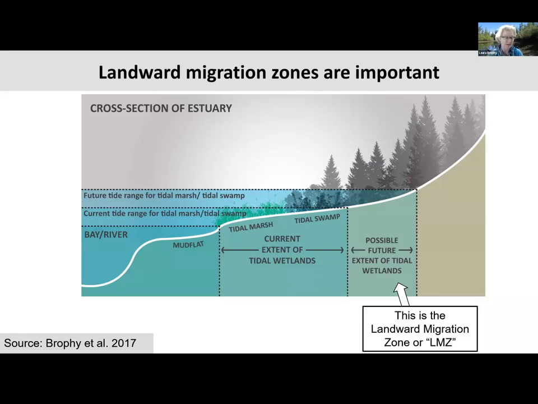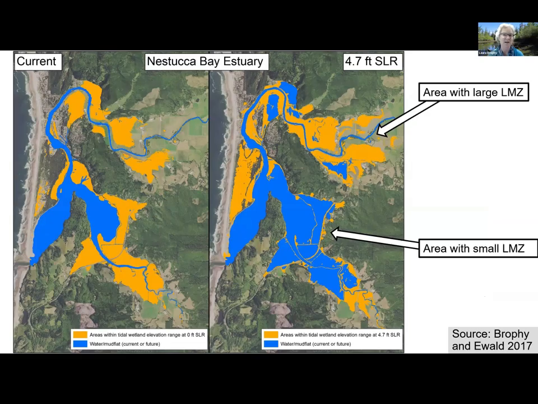And in this image, you can see a cross-section of the estuary, again, with the current extent of tidal wetlands here, and then this future potential extent as sea level rises, and we call that the landward migration zone. And that's very important because as sea level rises, we need space for tidal wetlands to move up a slope. And in this picture, I'm showing a map from our 2017 report where